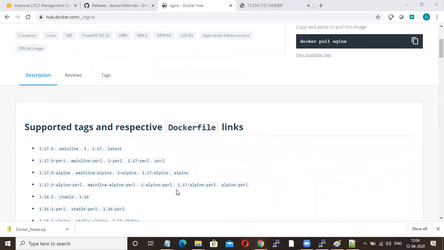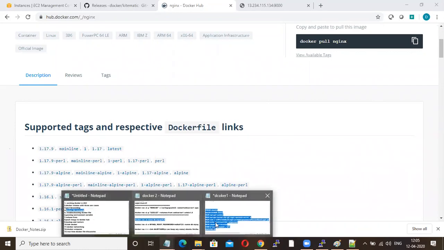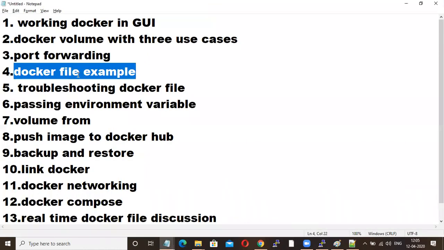That is the source, right? You can use it as per your wish. This is one Dockerfile reference.